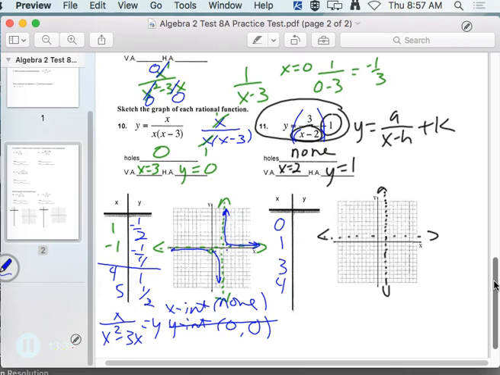Then, second table. We're hoping to see an error at 2. So at 0, we're supposed to get negative 1/2. And at 1, we're supposed to get negative 2. Well, that looks good. Because that fits right with our asymptotes. Nice little hyperbolic branch right there. At 3, we're supposed to get 4. And at 4, we're supposed to get 2.5. And that fits right in